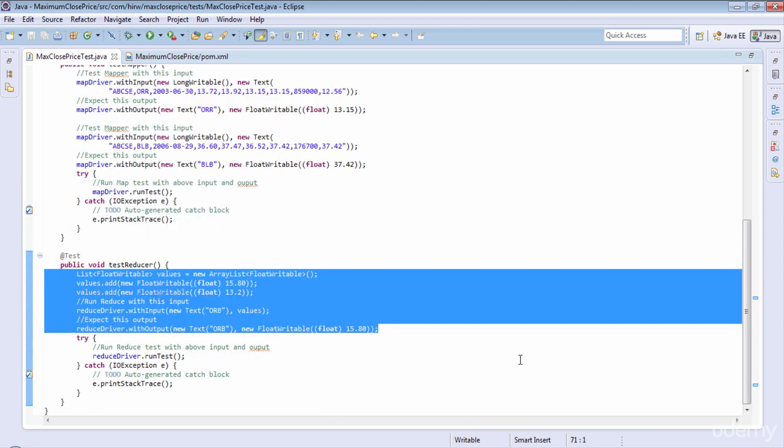We do something very similar to test the reducer. Again, we will define the input and the expected output. Here, ORB is the symbol and we are providing two closing prices for the value, 15.80 and 13.2. The reducer should compute the maximum closing price of the two, which is 15.80. And this is our expected output. So we set the withInput and withOutput methods accordingly